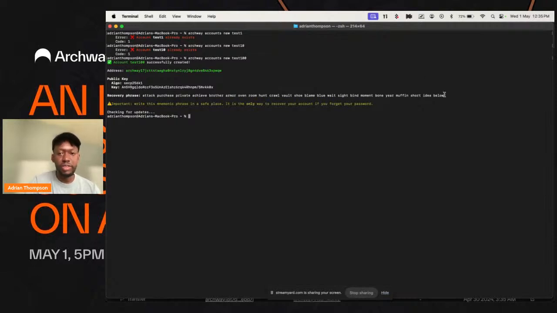This you definitely need to back up and keep safe. You can import it into your Keplr wallet or Leap wallet. This is your recovery phrase, so you need to keep it secure and not share it with anyone. I'm not going to be using this account, so I can share it here. But once you have that account,